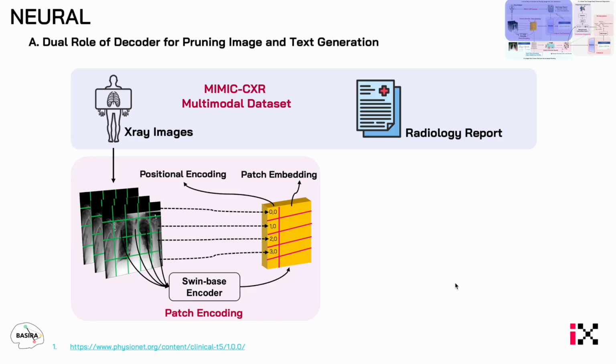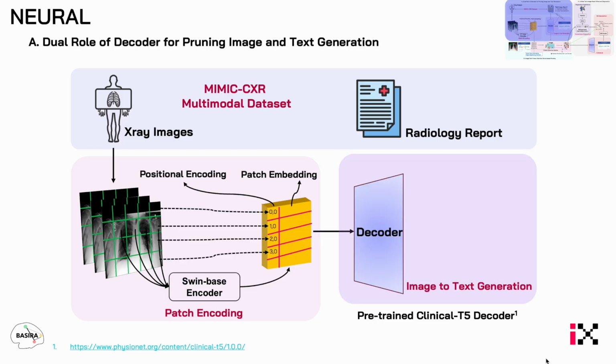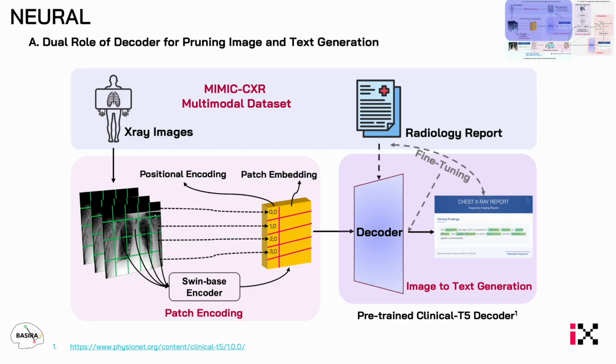positioning of the patch. Then these embeddings go to a decoder, and this decoder we use to generate the chest X-ray report. We fine-tune this decoder on thousands of radiology reports from the MIMIC-CXR dataset. Its job is to learn how to generate an accurate text report directly from the image embeddings. This initial training is crucial because it forces the model to deeply understand the link between clinical findings and the